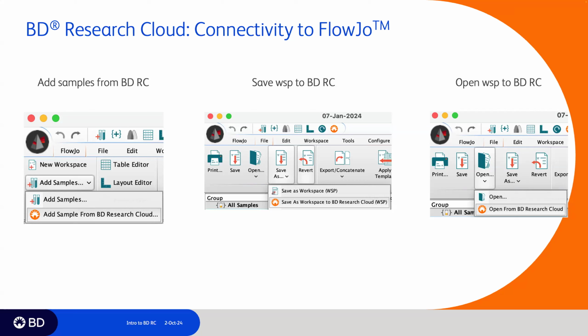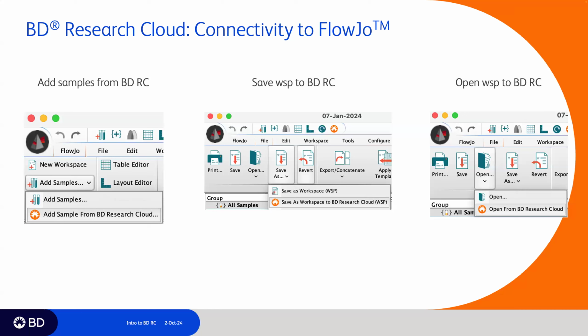It's really nice. All you have to do is upload your FCS files to BD Research Cloud, and then it will manage the files for you. So when it's time for analysis, you open up FlowJo, you say add samples from BD Research Cloud, then FlowJo will connect to your BDRC account. You tell it which files you want to work on, and then BDRC downloads those files for you in the background so that it doesn't affect FlowJo performance. FlowJo really performs best when the files are local and you're not working through a network. So BDRC will download a copy of your FCS files in the background on your local workstation